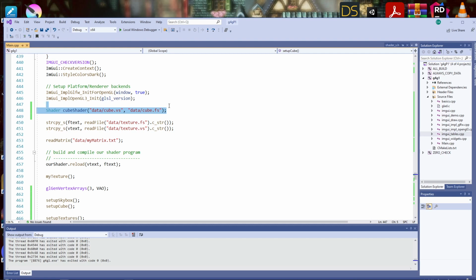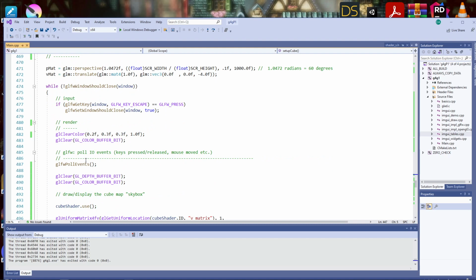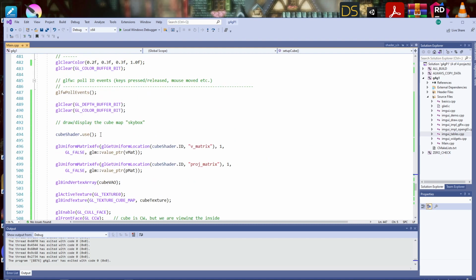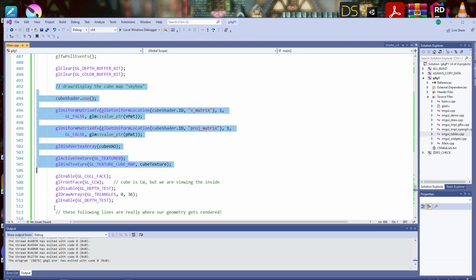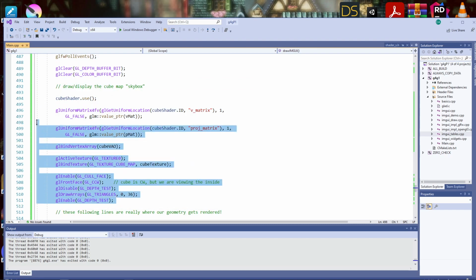It's just a matter of declaring another shader and telling it the vertex shader and the fragment shader for that. And then when it comes time to use it, you'll see in my display loop, the first piece of the display loop is what draws the background cube. It says use that cube shader that I created.